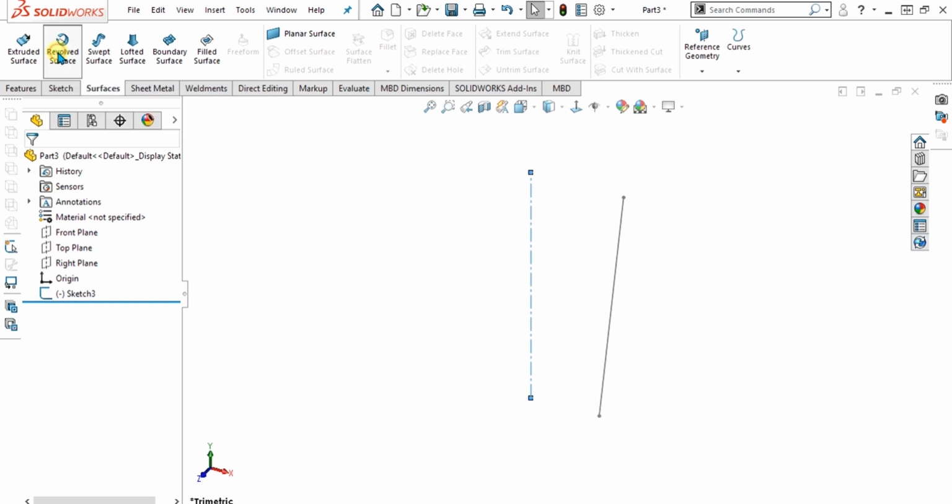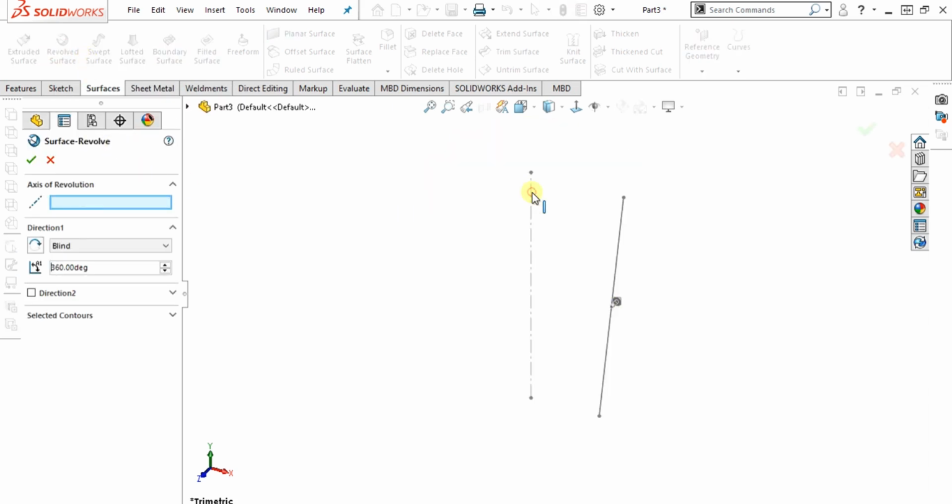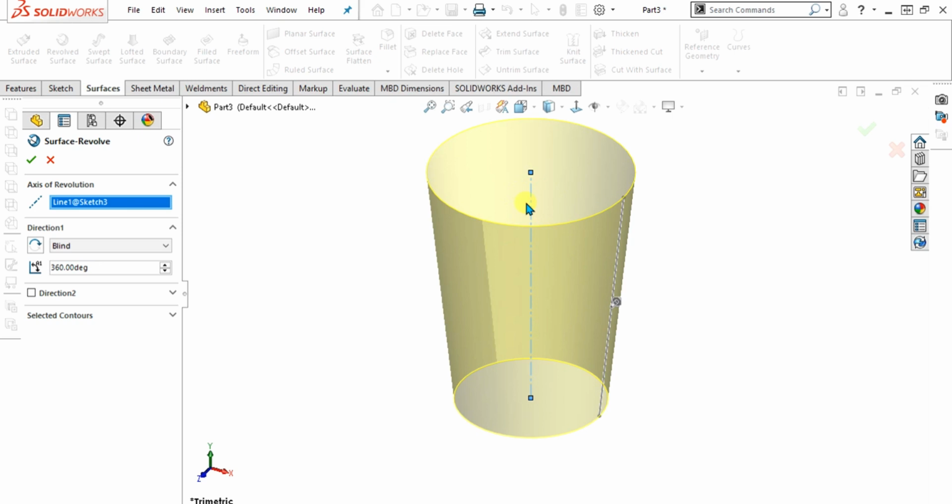So I will select the revolved surface from here and I will select the center line accordingly, and like the solid feature you can adjust the directions from here. If you haven't taken my basic 3D modeling and SolidWorks basic design course, I will provide the link in the description. You can watch the complete video of revolve from there. I have explained all these features of up to surface, offset from surface, and mid plane in that. So I will also explain some features here too, like the mid plane feature.